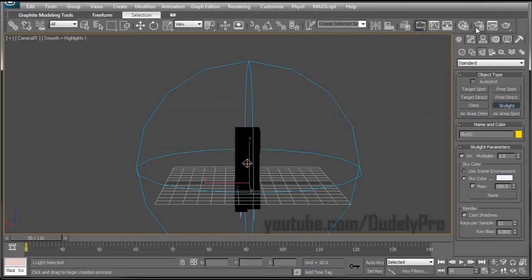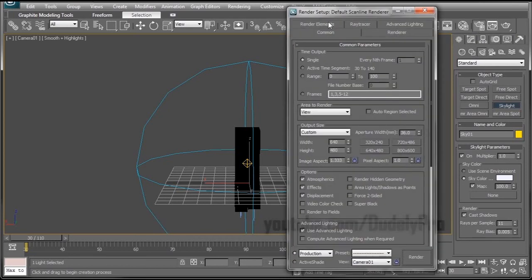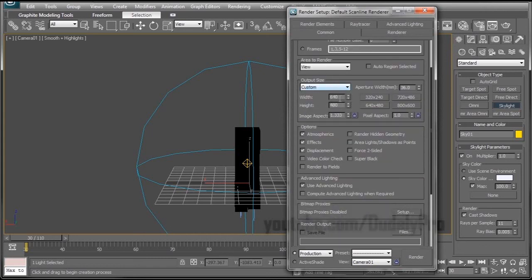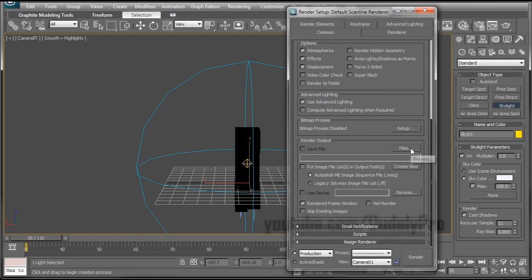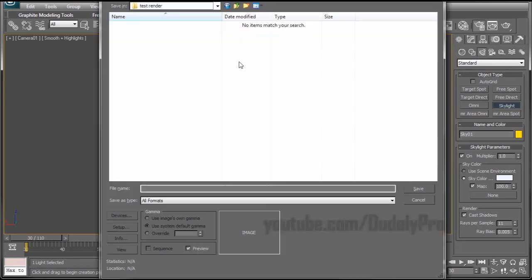Now to render this animation out, all we're going to do is go to our render setup. In the common tab, we have active time segment. Set whatever size you want. The default is 640 by 480, which is a 4:3 video with square pixels. That's fine for now. And we're going to choose where to save. I'm just going to send it to this test render folder that I set up. Go ahead and make it an AVI and just call it